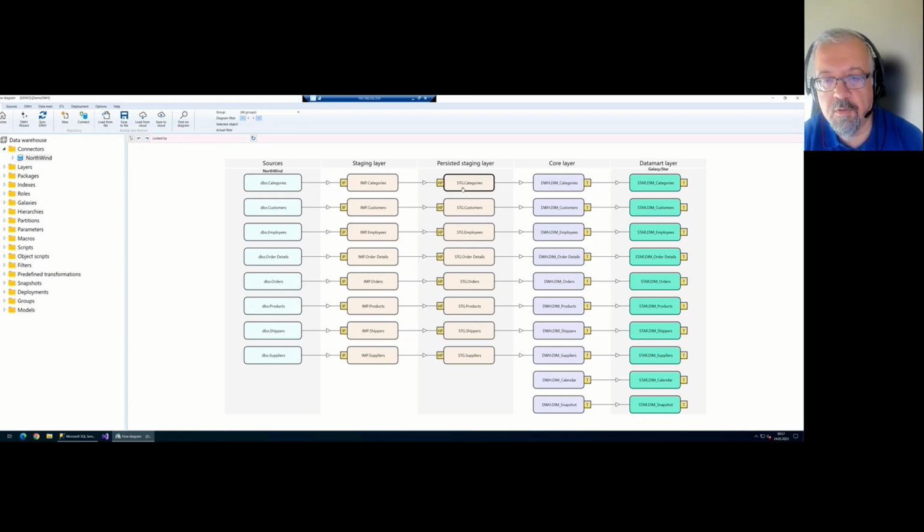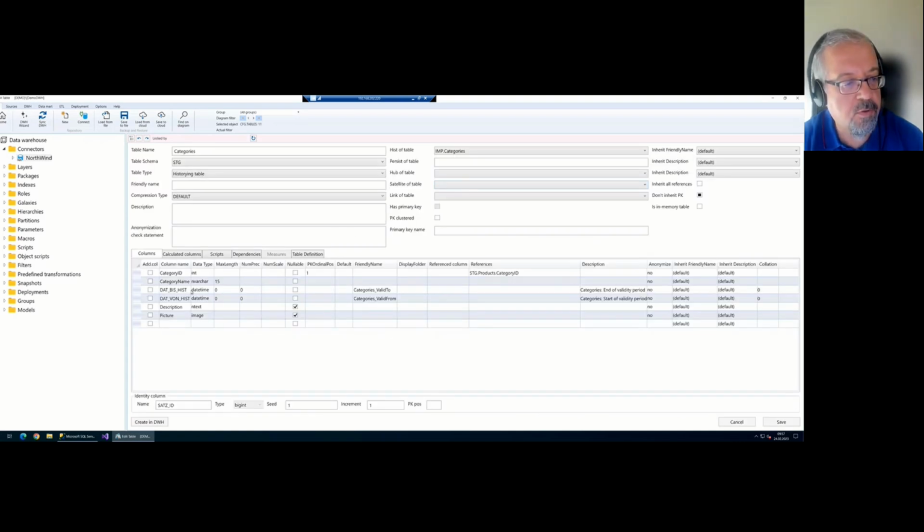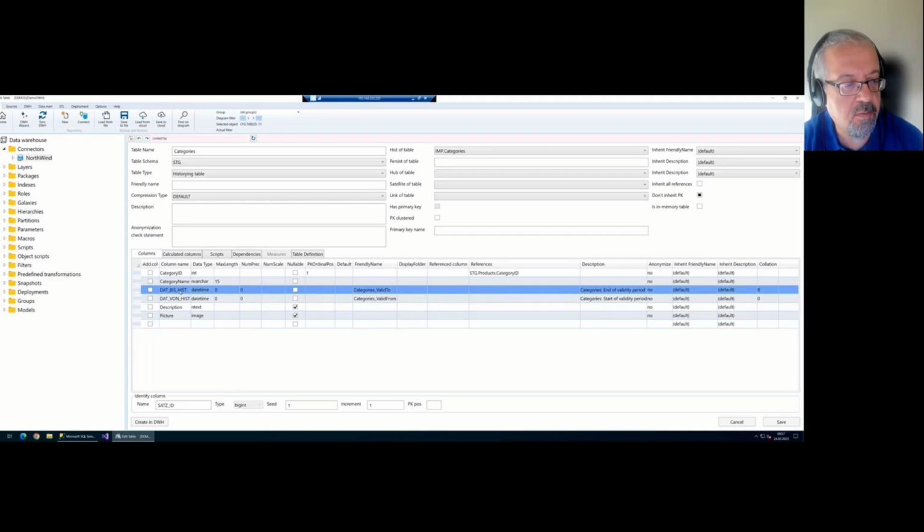If we take a look at this STG categories table, you will see this table has 3 additional columns. 2 of them are the date from and date to columns, which is the validity period of the specific data row, and 1 additional column called SATS ID. This is a surrogate key. In our case, this is a big integer identity column. It will later be the technical primary key in every historized table. This is the standard slowly changing dimension historization approach. And